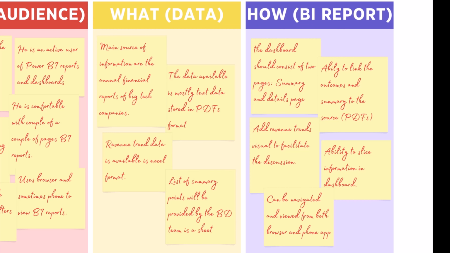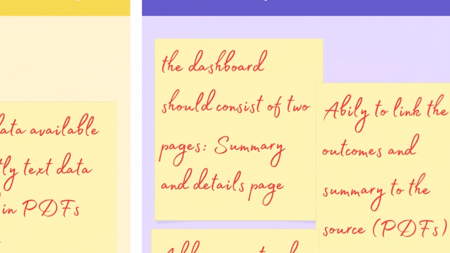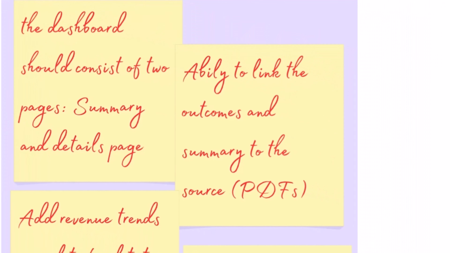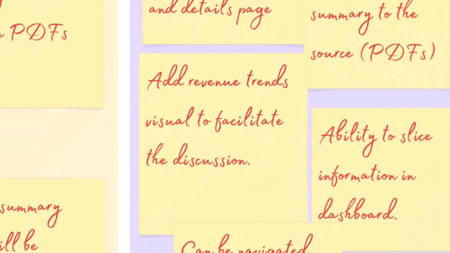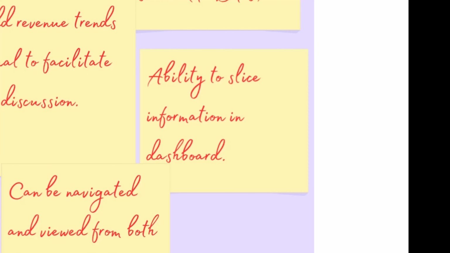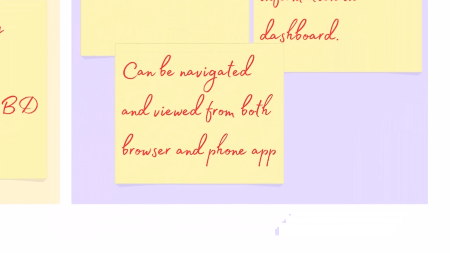And based on what we covered in the business requirements research, we discovered that the dashboard needs to be simple, maximum 2 pages, one summary page and one detailed page. And we need to be able to view information related to the pandemic directly extracted from the PDF files within the annual reports for the big tech companies. And also, it will be good to have some trends data related to revenues, and maybe also adding the turnover of employees trends. And a few slicers and filters can be added to the dashboard, and the dashboard needs to be published in the Power BI service and viewed from the web as a browser or from the mobile app.